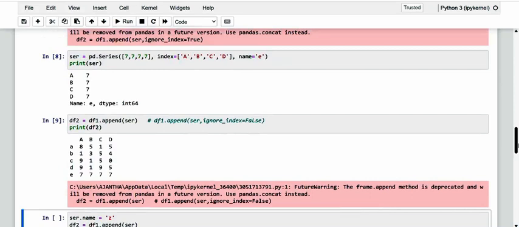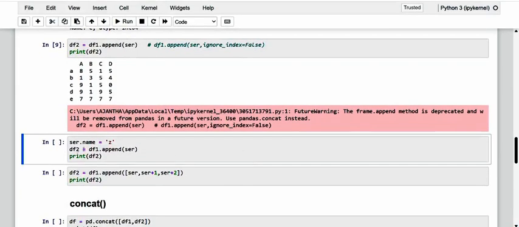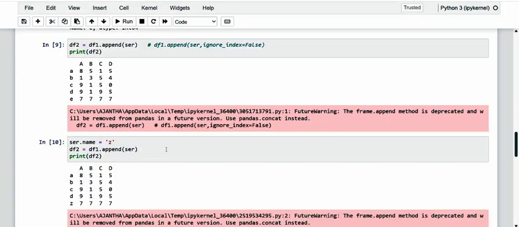So very often you will use an existing, already defined series elsewhere. If you don't want to use the current name, you can always rename it as you like. Whichever name you want, you can use it. Here the series name is that, and of course you can just append it. It is up to you, dear friends. Whatever you want, you can always rename it as you like.